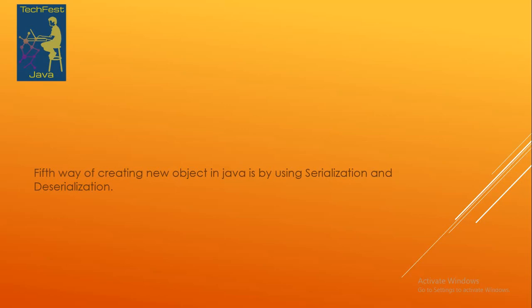As we have seen, there are all 5 ways of creating an object in Java. It is a very important question for up to 5 years of experience that can be asked by the interviewer, and generally we know about 2-3 ways of creating an object, but not all 5 ways. So I hope this video will help you crack this question.